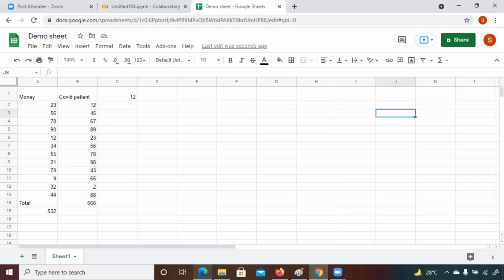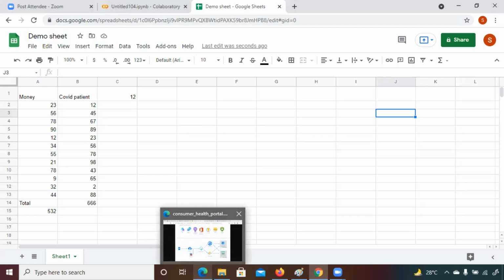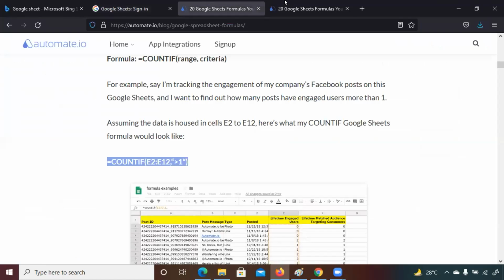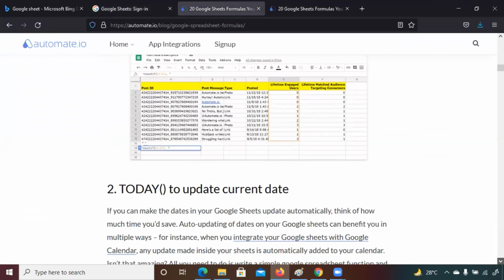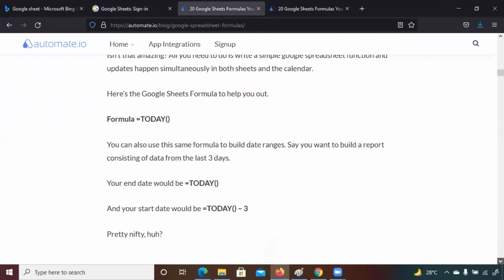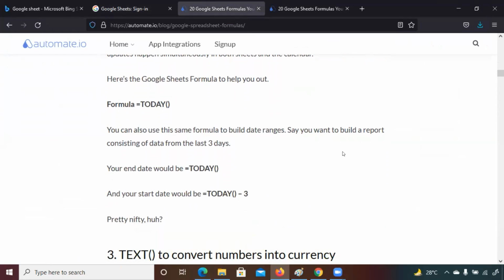You can check for other formulas as well. Let me show you other formulas. If you want to check today's date range, let's check what the date range is. Is it working here?